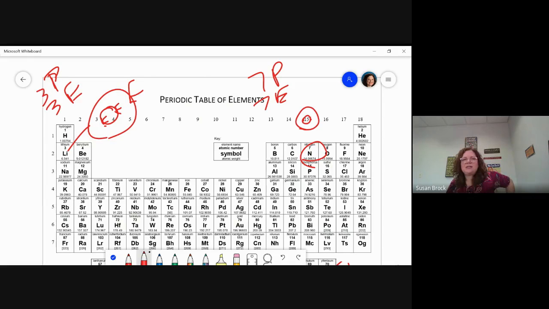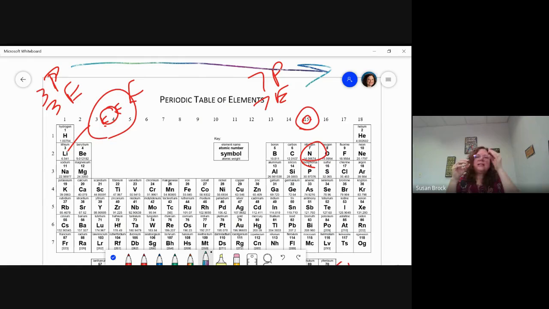So see how I drew these? Lithium's bigger. Lithium is a bigger atom. So we talk about atomic size. That's one of our trends, atomic size. It's one of the patterns in the periodic table. Atomic size across a period decreases. So you remember in our last atomic size, when we went down the group, it increased because of distance, right? Well, here we have increasing attraction across a period, so it decreases. Atomic radius, atomic size, same thing, decreases as we go across a period